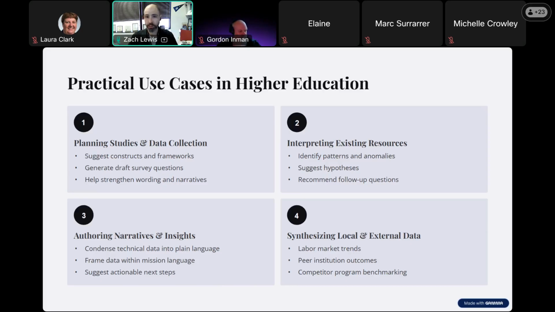As I mentioned, there's no shortage of resources out there, and arguably an overwhelming amount of reports and dashboards. And so, how can you leverage tools like artificial intelligence, LLMs, to identify what those patterns might be suggesting to you, helping you uncover what some of the recommendations might be, and then lead you to being able to engage with your local communities and stakeholders to unpack some of those findings.